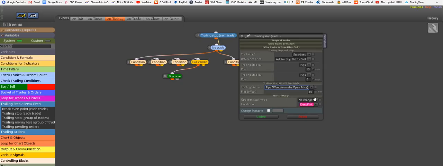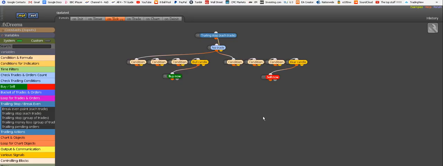Now, in human terms, that means how many pips in profit should your trade be before your trailing stop starts trailing. For now, I'm just going to put 0, but tick this box to make it fully adjustable. Update, and this is our robot fully ready, ready to go,